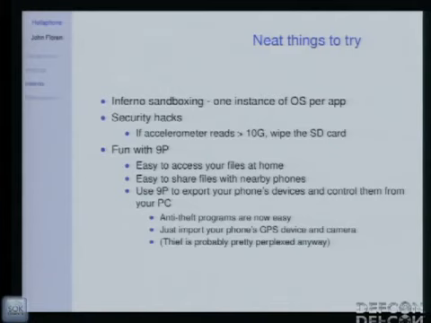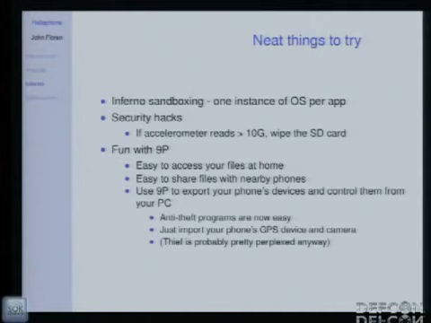Something I didn't really mention too much, I did mention that Inferno is based on Plan 9. It's inspired by it in many ways, and it uses the same file system protocol, 9P. And there's some really interesting things you can do with 9P when you're working on a system like Inferno, because it's network transparent. It doesn't really care where any of these files it's looking at are coming from. So it would be incredibly easy to access the files that you want to store at home. You don't really need Dropbox, for instance. You could easily share files with nearby phones. You would just say export this file tree via, I don't know, maybe write a Bluetooth driver, 9P over Bluetooth.